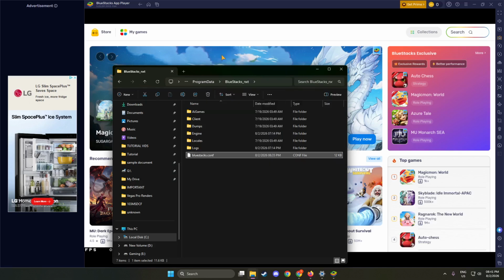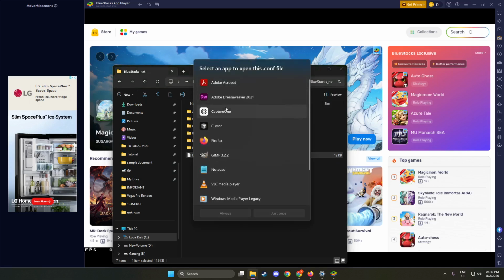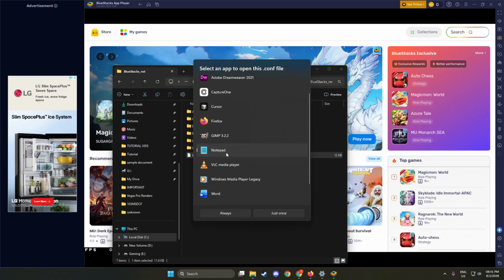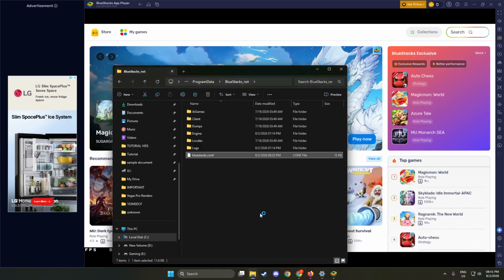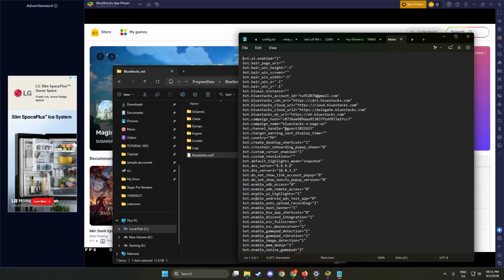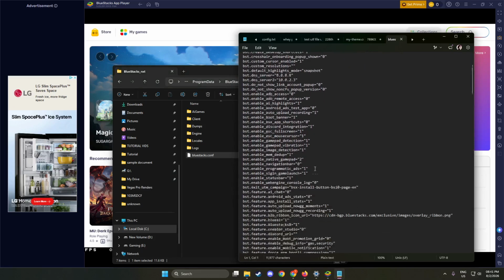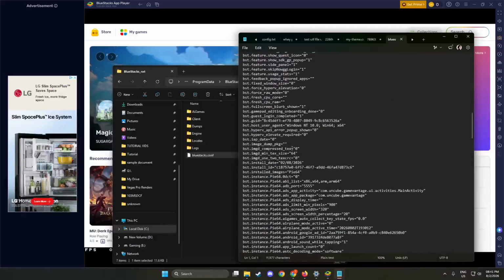A helpful tip here, you can click the View menu and change to Details View so you can see file types and dates, which makes spotting configuration items easier. Many users like to sort by name so that related config folders group together. You do not need to open or edit them yet. Just confirm you can see where they live, because any later tweaks or backups of your BlueStacks settings will happen from this location.